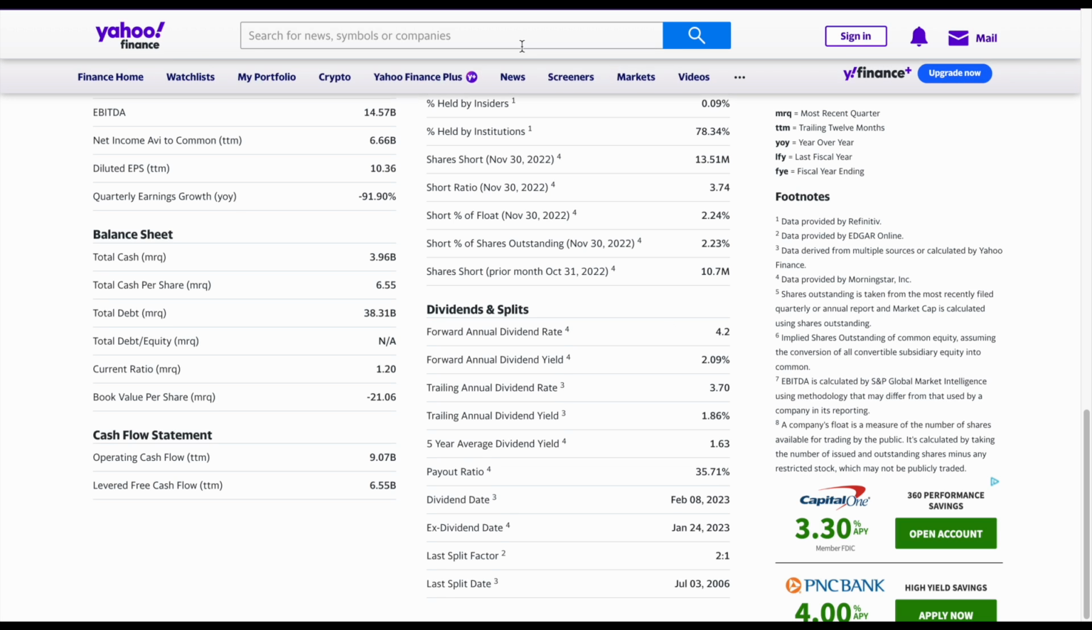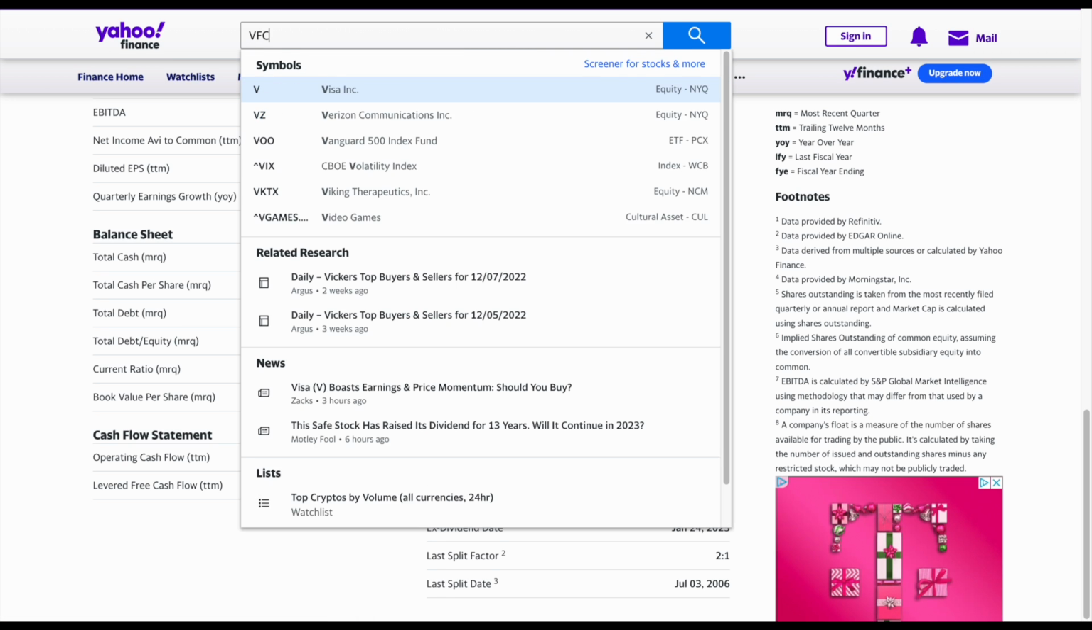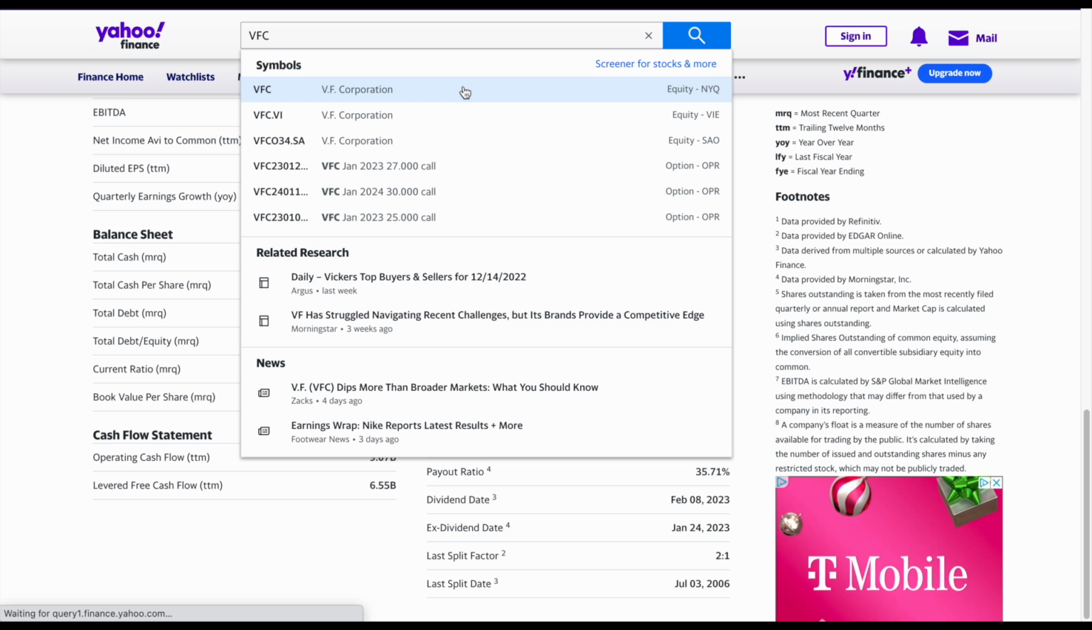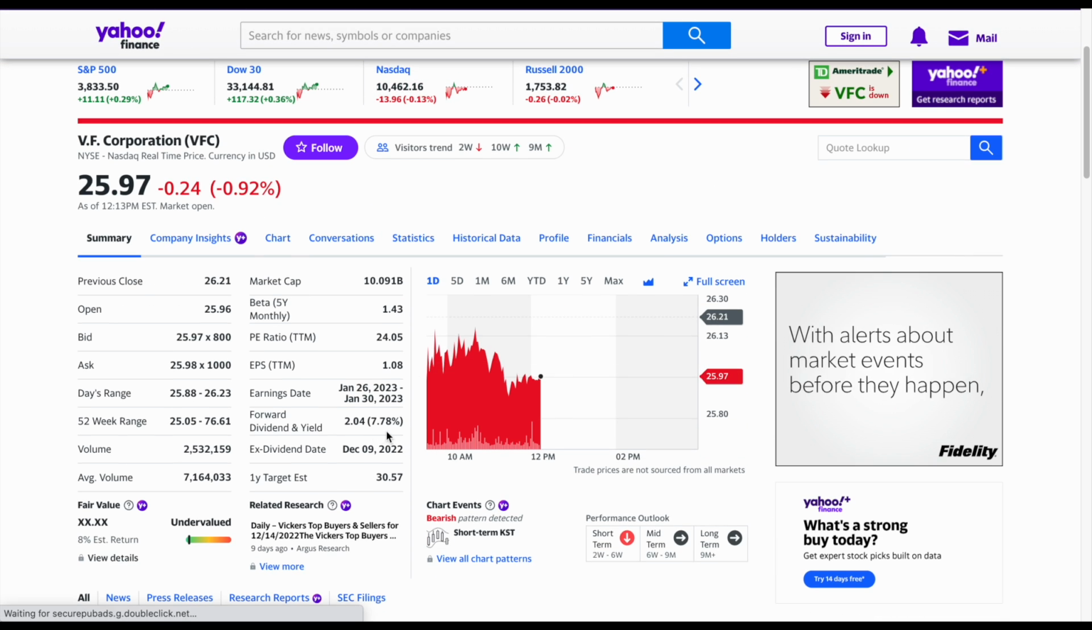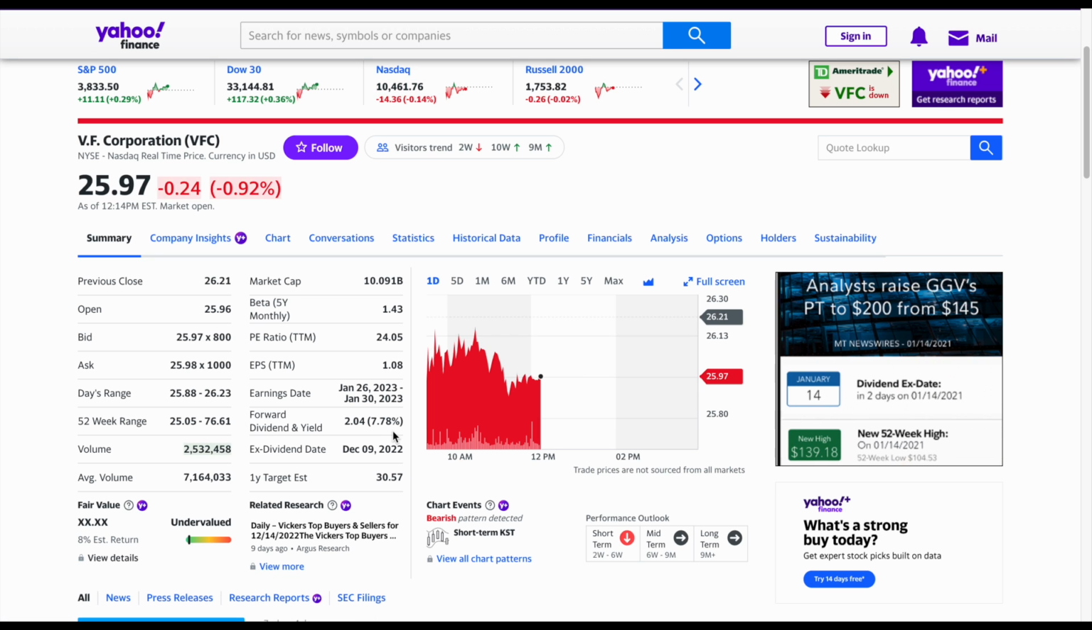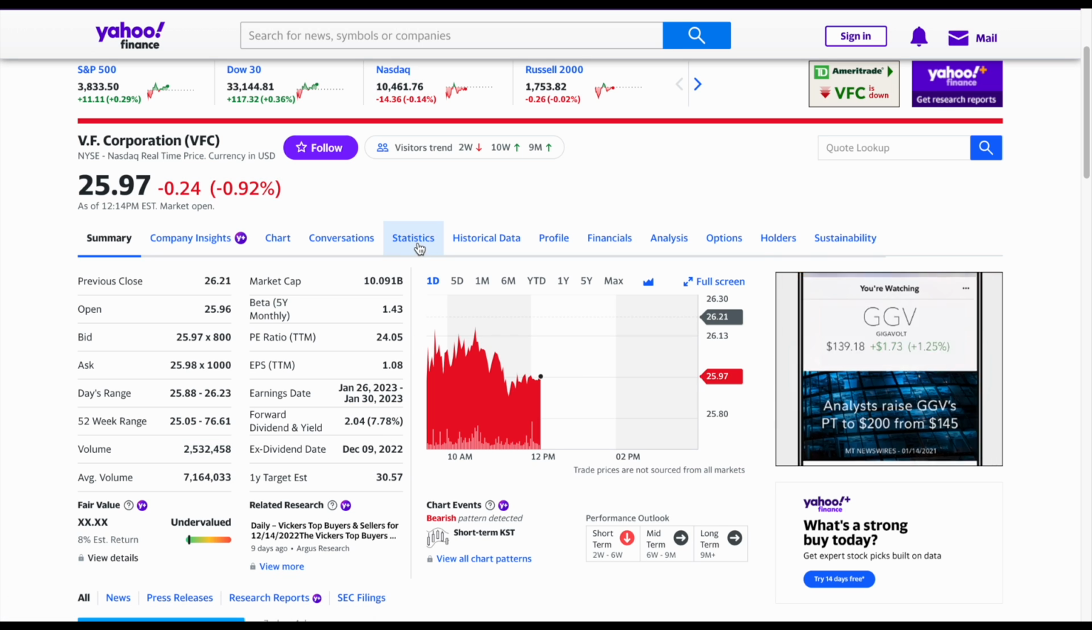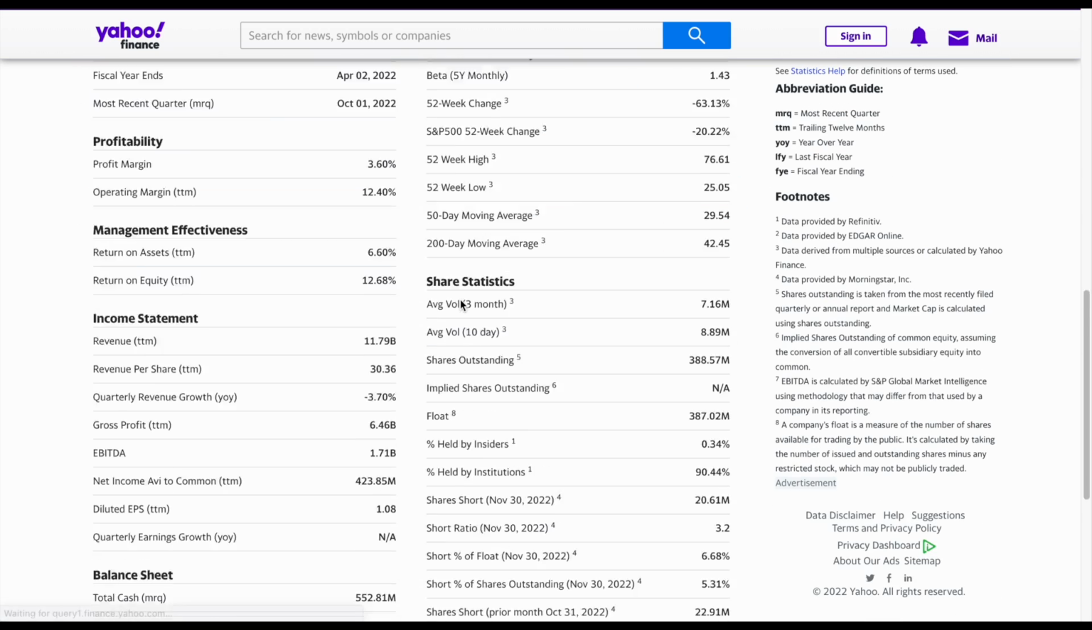Let's look at a different example of a payout ratio. Let's say we want to look at VFC. I'll come over here and click, and if we scroll down, we can see they have a really nice starting dividend yield of 7.78%. That's a pretty high starting dividend yield. But let's go ahead and jump back over to our statistics tab. If we scroll down